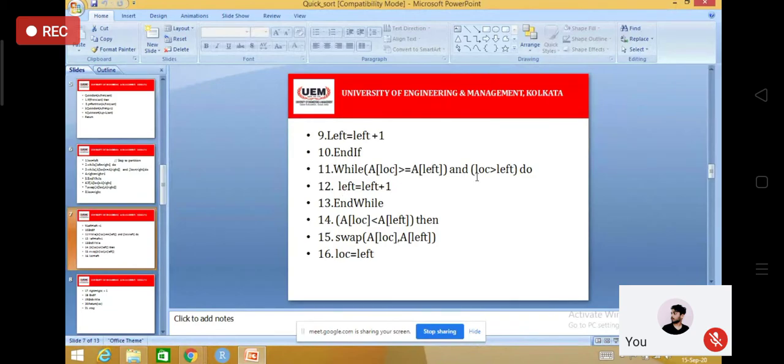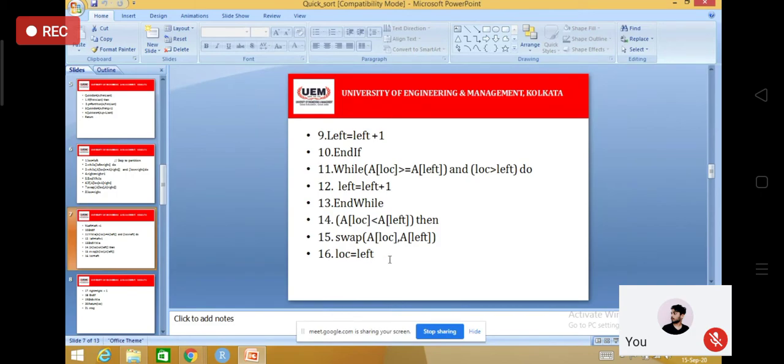If there are no issues, just increment the left pointer, because by the rule all the left elements must be smaller. Yes, you can omit the equal symbol here, or you may keep it, it doesn't matter. So then you will increment. But the moment you find some element which is greater than the pivot, again you need to do the swap.